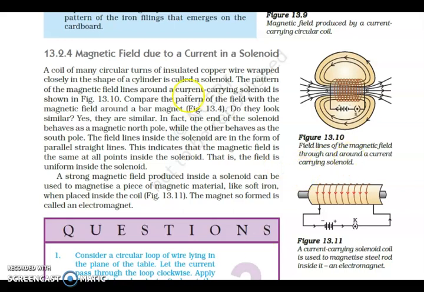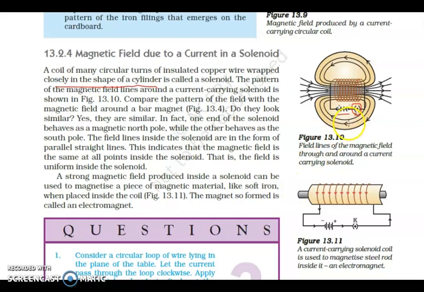Now a solenoid means an insulated copper wire wrapped closely in the shape of a cylinder. Means what you will be doing is, this is a copper wire, this has been wrapped and joined with a key and this battery. When the current starts flowing from the battery in this way, ultimately the current will enter the negative terminal of the battery, as you can see.